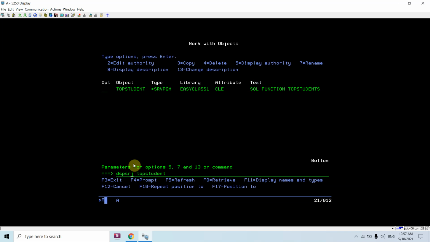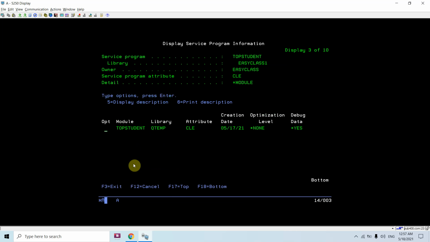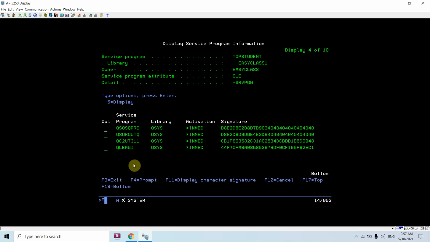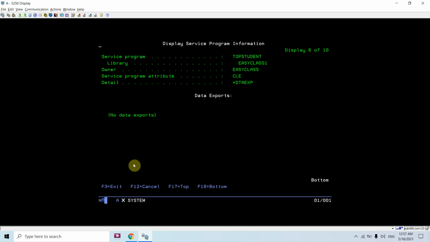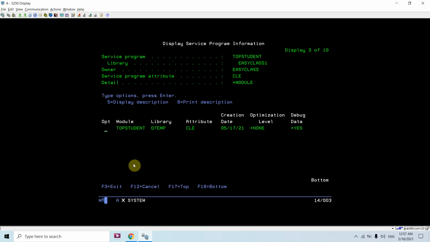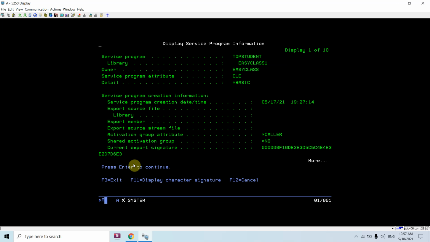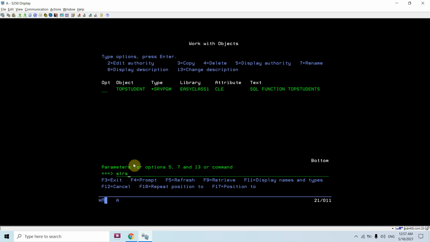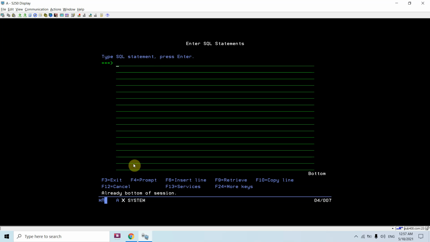We can see from here that DSPSRVPGM top students is the module, and this was the procedure. You can check this information here, or you can check this information here too.